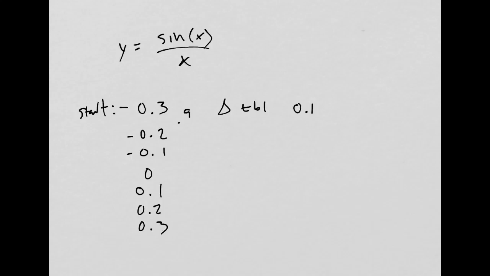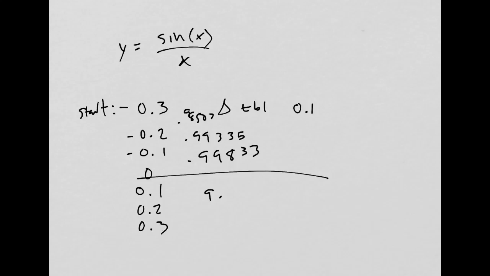This would be like 0.98507, 0.993. It's getting closer and closer to 1. 0.99833. I wouldn't be able to evaluate these by hand because I don't know the stuff for that. Then when you plugged in 0, there would be no value in your calculator, and then after 0 it would go back to